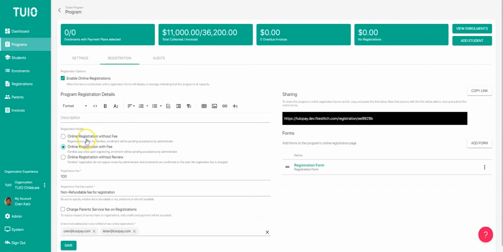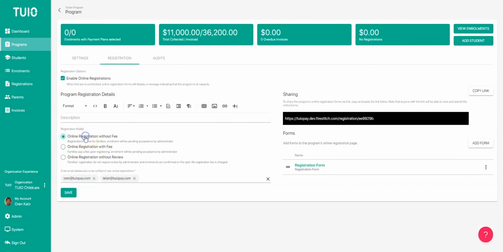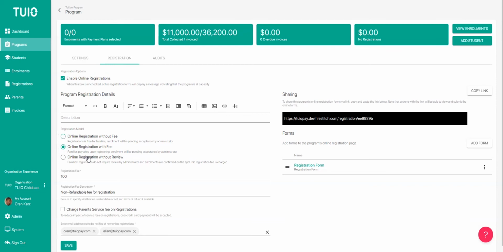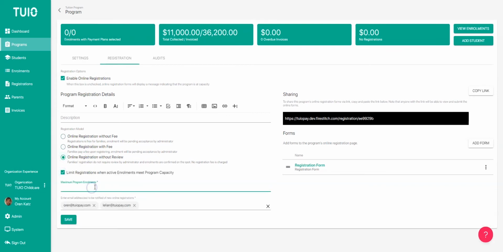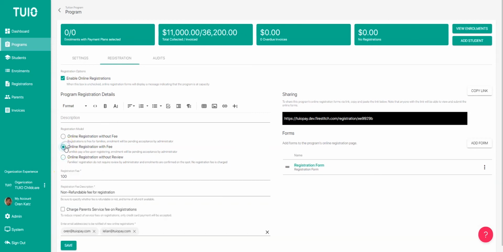I'll also need to choose whether I want to charge a registration fee and whether I want the registration to be reviewed prior to confirming the enrollment. This flexibility allows for various use cases, such as a returning family who won't be charged a fee and will be automatically enrolled. For automatic enrollments, I'm even able to set a max capacity to make sure that I'm not enrolling more students than I can accept. Once I've set these parameters, I need to enter an email address in order to receive notifications as the registrations are coming in. And then I can just use this link in order to share it with returning or prospective